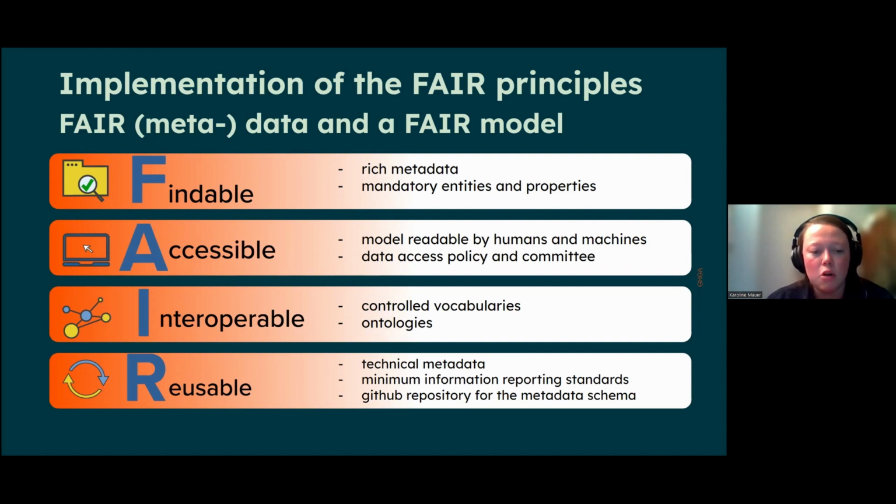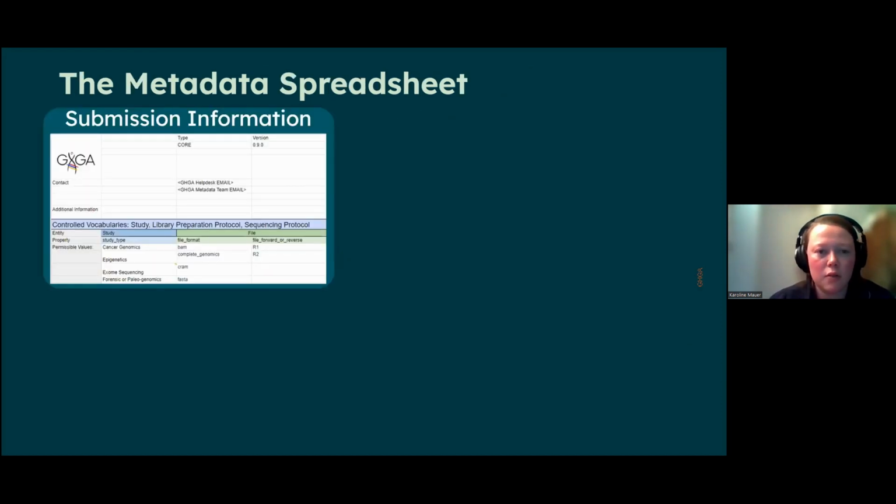The data is interoperable because we use controlled vocabularies and ontologies which are community accepted, and both the model and the data are reusable. We capture technical metadata. We are in accordance with minimum information reporting standards. And for our metadata model, we also have a GitHub repository where you can find the metadata schema. If you go to the repo and you find the link to the spreadsheet,